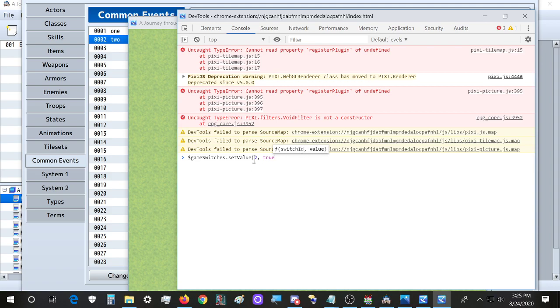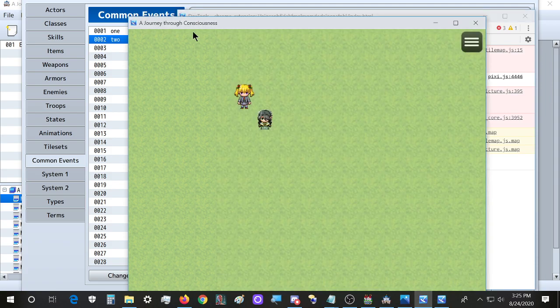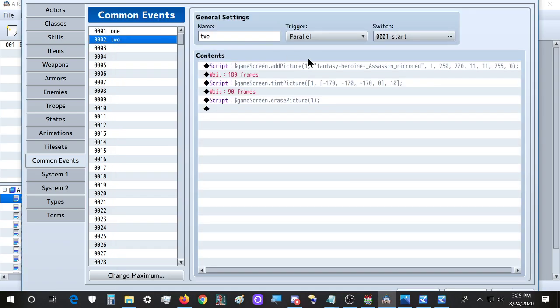So we have the switch ID, the ID that you find without the zeros in front, because if you put zeros instead, you're going to end up with awkward results, and you're going to need the value, and the switch can only be true or false. And well, technically the second